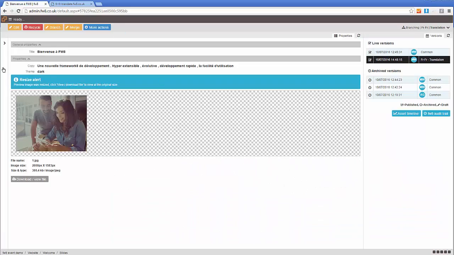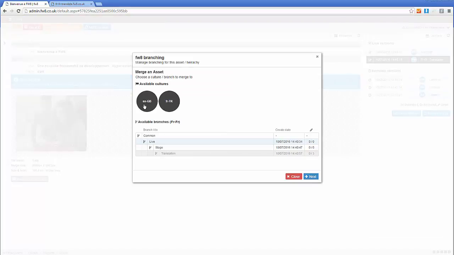So I'm quite happy with that site now. So I actually want to make that live. So what I need to do is, from the translation, we could go through the staging, but we've not got anyone to approve it at the moment. So I'm going to actually put it straight down into live,